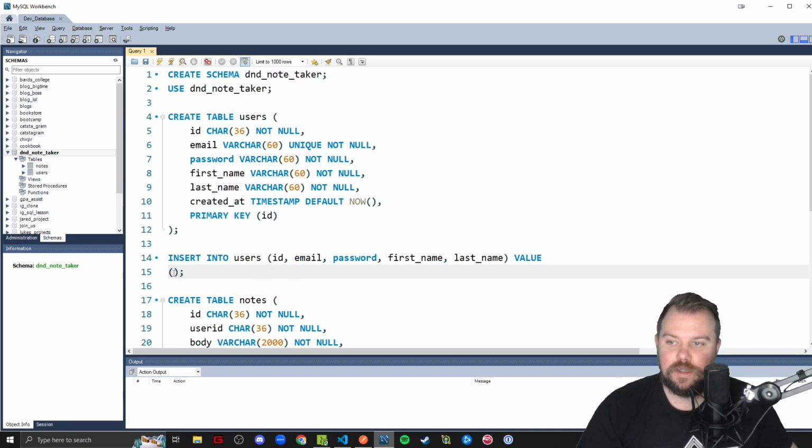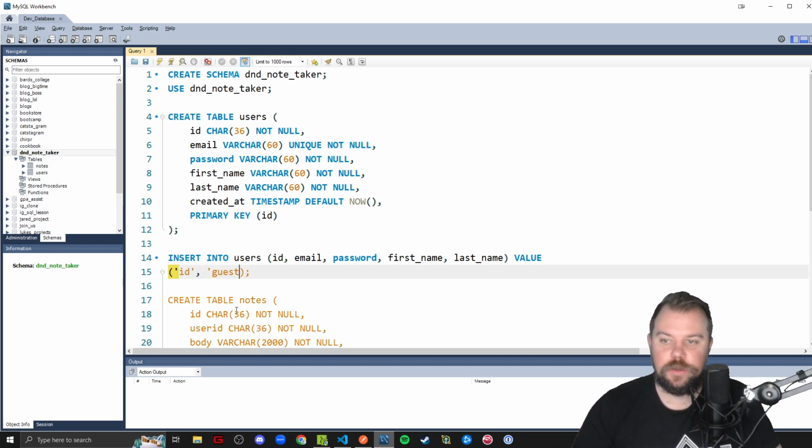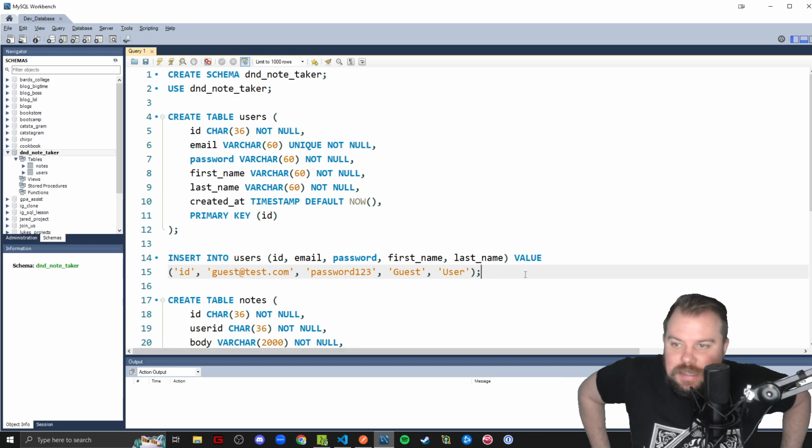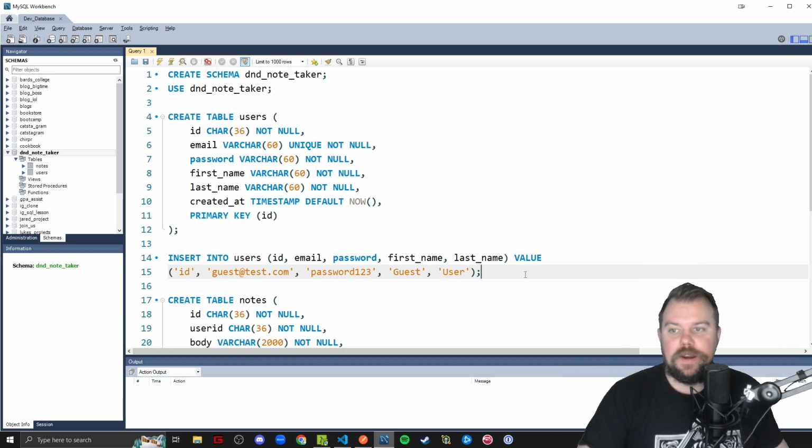So email. I'll do ID for a temp here. For email, we will do guest at test.com. For a password, I'm going to leave password123 here as temporary. Again, we're not going to ever insert this with a plain text password of any kind. I'm not going to do that. First name, guest, last name, user will be our first and last names. There we go. So this is my test data that I am going to prepare to insert here